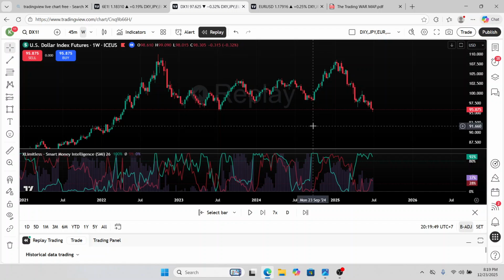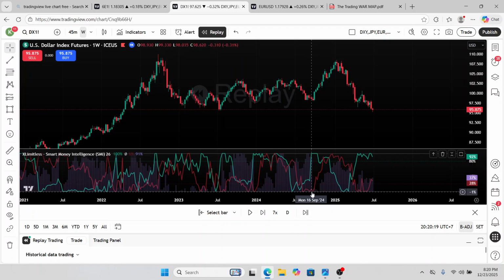Actually, this time, the 23rd of September, was when I really got into COT data. Look at this. The commercials at bullish extreme and retail at bearish. And I remember on the news that there were rate cuts. Was it the 17th of September 2024? And you can see that